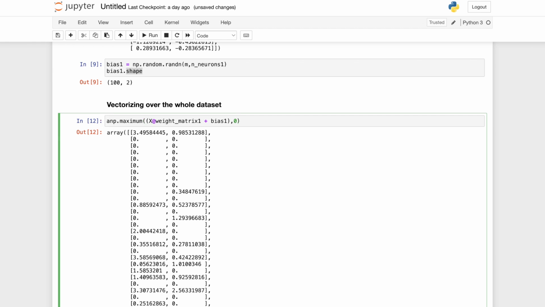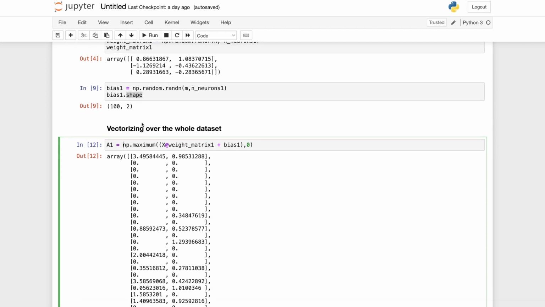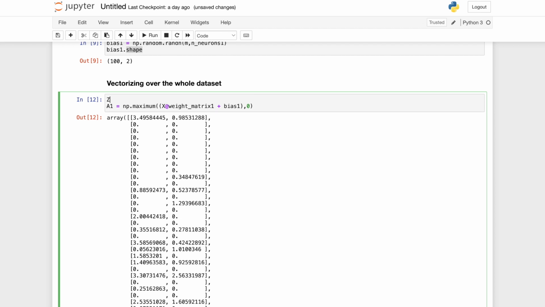We'll show this using a1 or capital A because it's for the whole matrix. So this a1 is the output of the activation function for the first layer. And similarly, if we wanted just the sum product, we could have shown using z1 is equal to